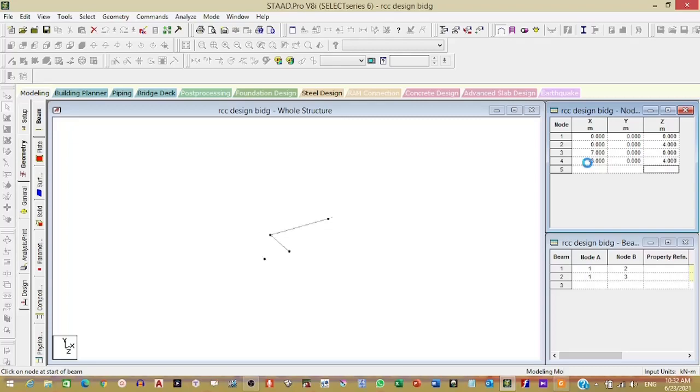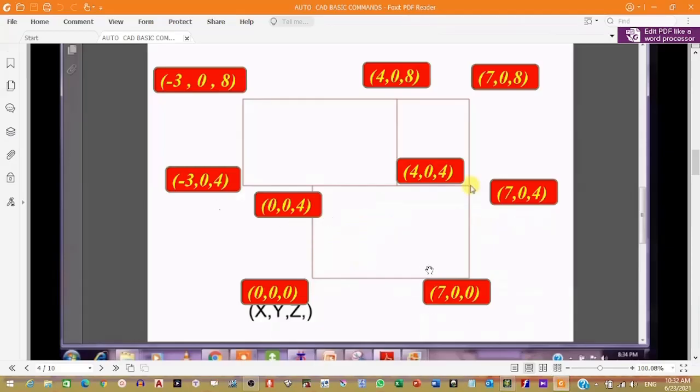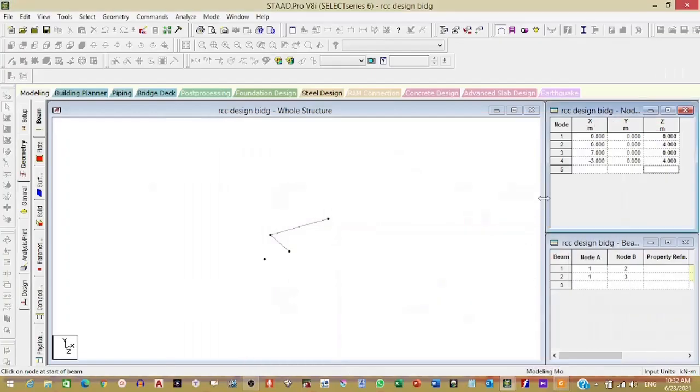Now I am drawing the frame in xz direction. At the bottom the 3 axes are shown. If we go vertical, it is y, one side x and the other side z. So we'll prepare this plan or frame in the xz plane.